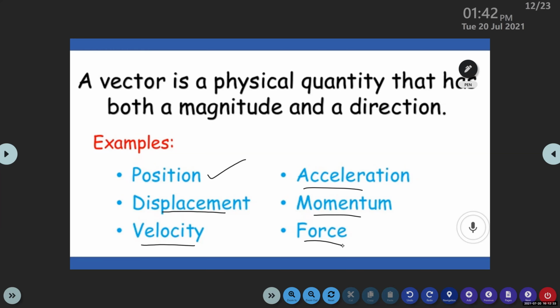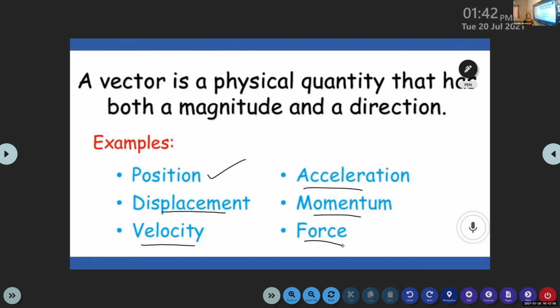Rectilinear motion. Okay, I like that answer. What do you mean by rectilinear motion then? What is rectilinear motion? Motion of objects along a straight line. Very good. Motion of an object along a straight line. That is the title of the chapter, motion in a straight line or rectilinear motion. That is what we are going to discuss here.